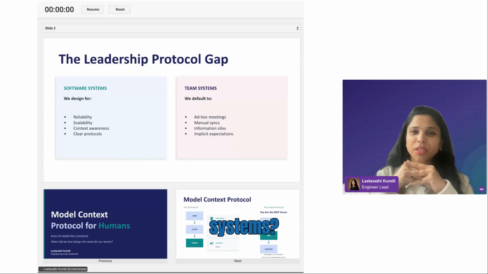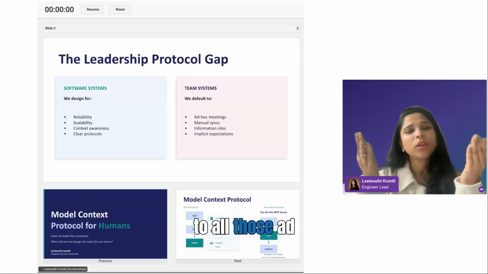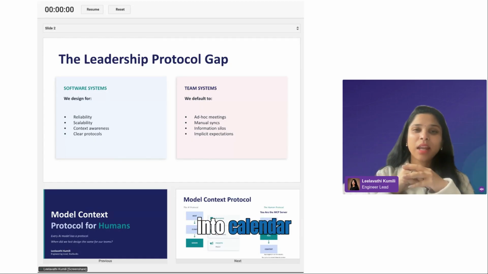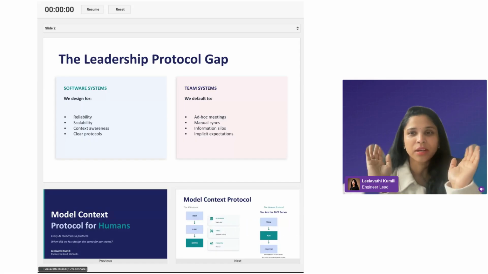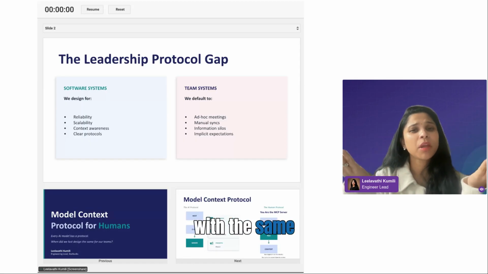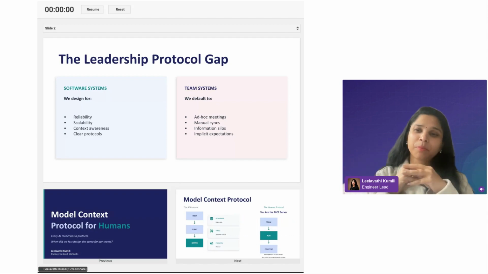What about team systems? We default them to all those ad hoc meetings which keep getting added into our calendar with no agenda. Those manual sync meetings where the same information is repeated 3 times in 3 different rooms.